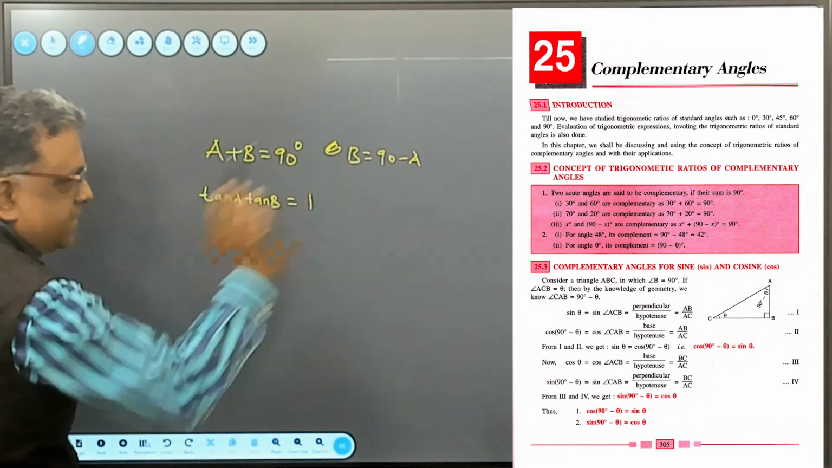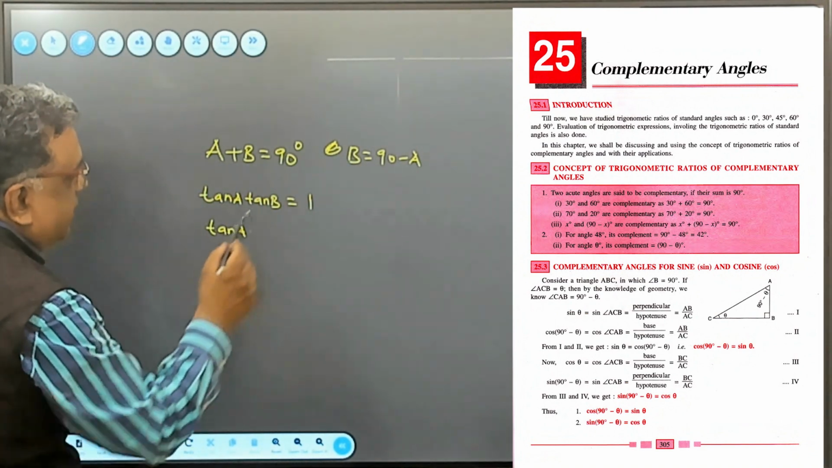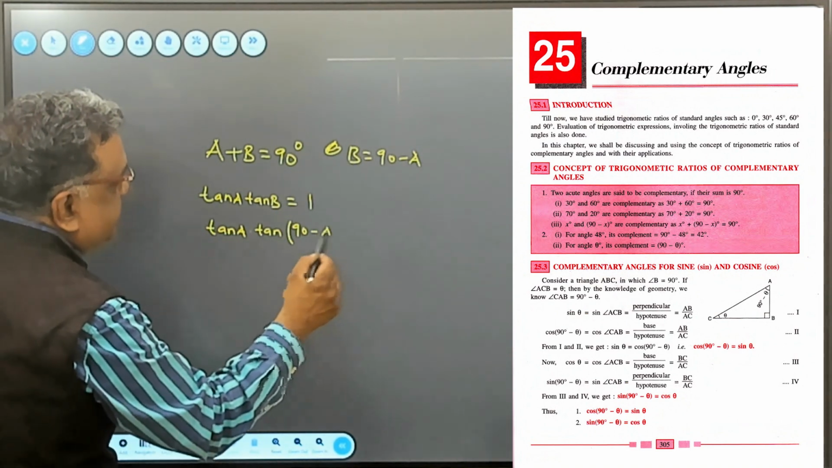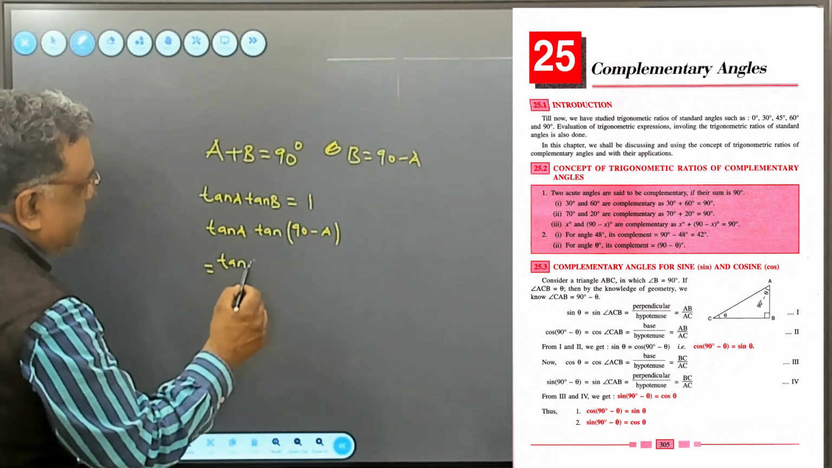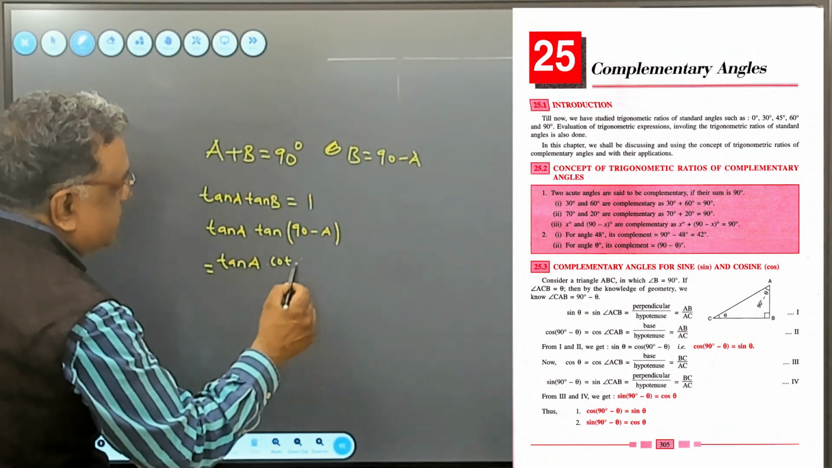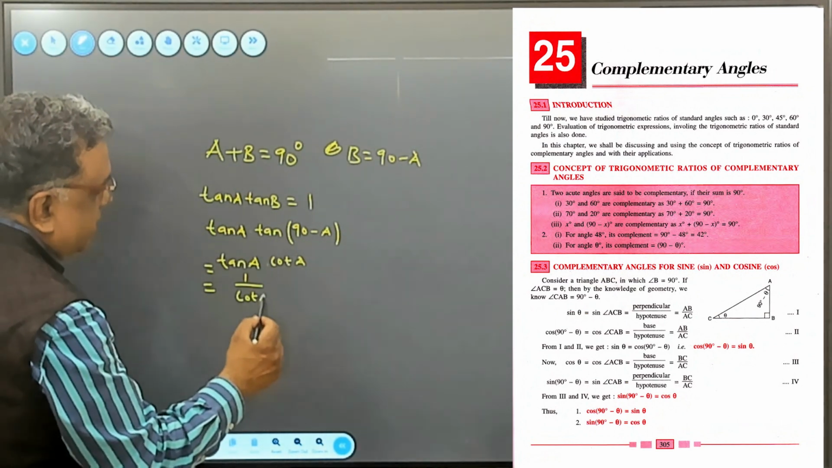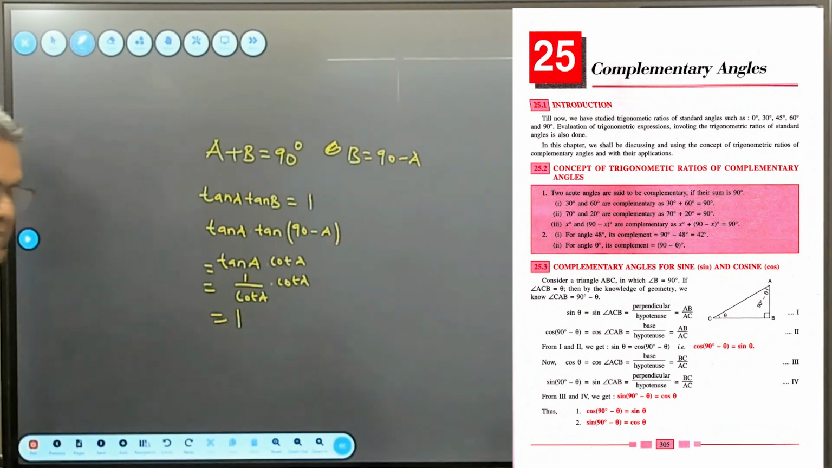So I will write tan A like this only, and instead of tan B, I can write tan of 90 minus A. Tan A, I will just keep it like this. Tan 90 minus A, I can write as cot A. We just understood that. Now tan A, I will write as 1 upon cot A, into cot A. They both will get cancelled and it's going to be 1. Similarly, you can always prove